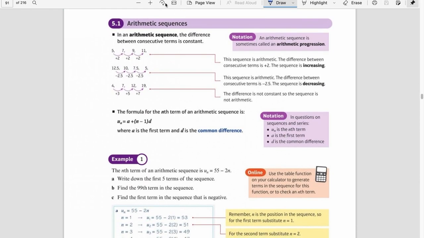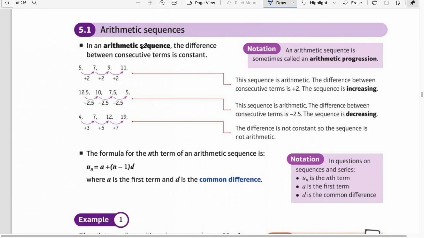So first, arithmetic sequence, which has a common difference represented by d. It could be a positive or negative number, depending on whether the sequence is increasing. For example, 5, 7, 9, 11, the sequence is increasing and the difference is 2. So the common difference in this case is plus 2. And then the second one, 12.5, 10, 7.5, it is decreasing and there is a constant decrease of minus 2.5